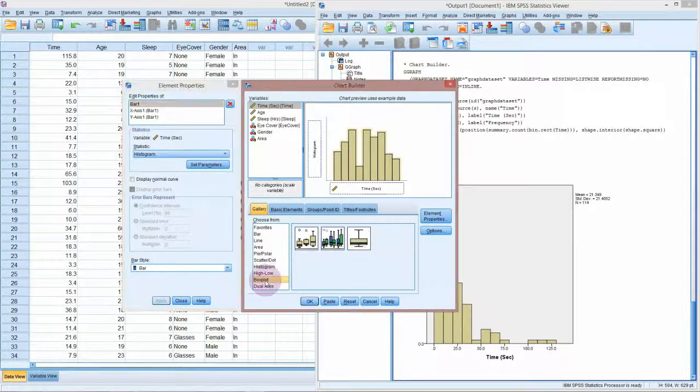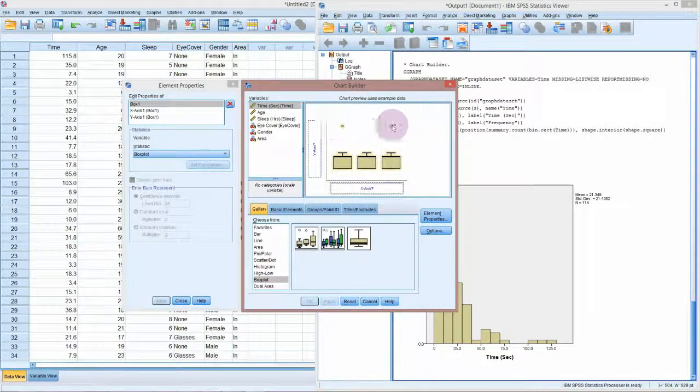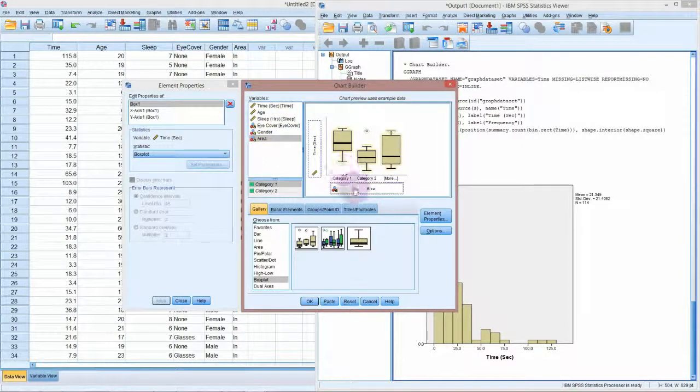And the reason that box plots are nice for comparing groups is that the box plot shows us where the middle of the data set is, so we can see if there's any difference in the middles, and then also it marks the extreme observations for us. So the time is going to go on the y-axis, so it's plotting from low to high how long they could keep their eyes open, and then across it's going to split it into different groups. And I've got area here, so again it's just given me a demo chart. I don't actually have 3 categories, I've only got 2, just inside and outside. Okay,